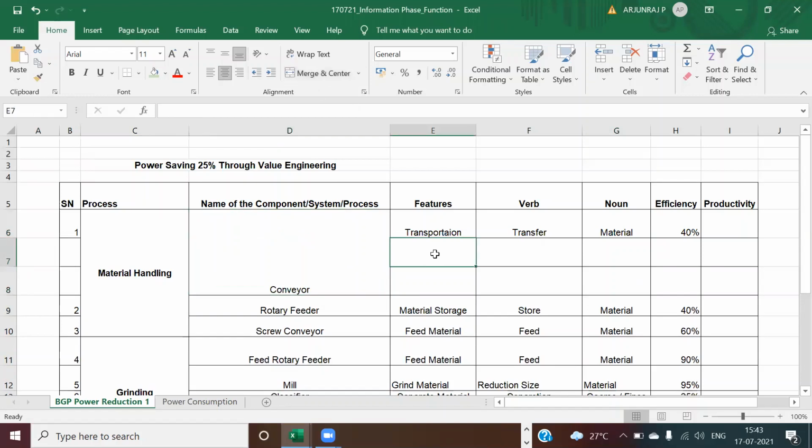Okay, so now you tell me what features there can be. To transfer material, right? Yes, it's used for transportation. Let it be a single feature. What apart from transferring material is the function of a conveyor? It can support the material on it. We can say maintaining the material in its same condition, because we are handling it through a complete cover. If you handle it in an open condition, the atmospheric moisture will go into the material.